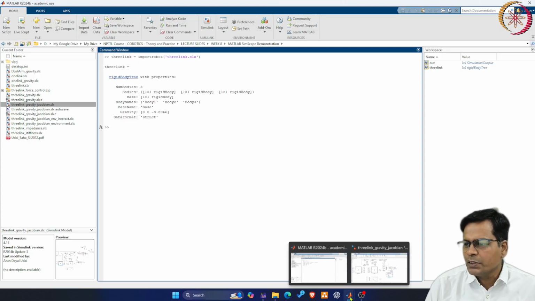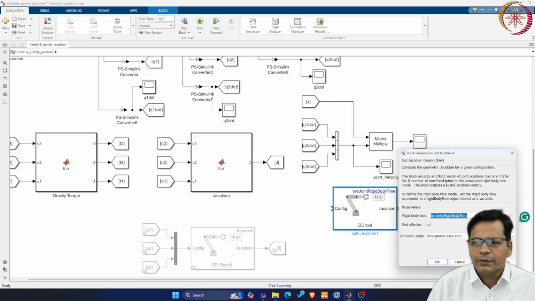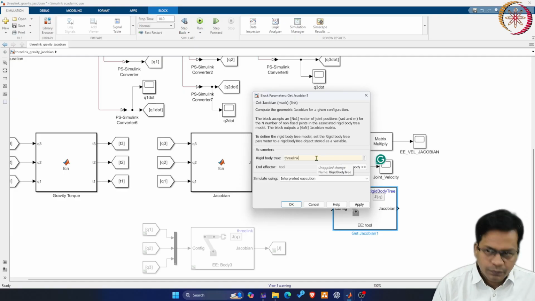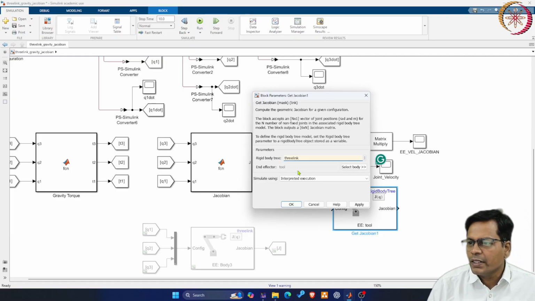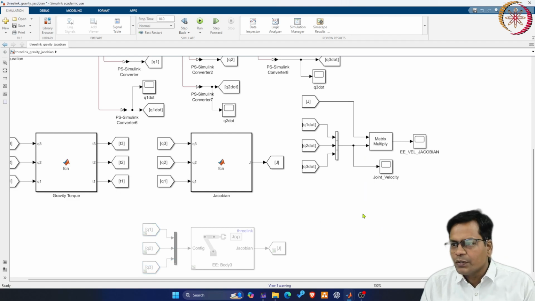So that has to be included here. So when you do it here, you write three-link here, and this becomes complete. So now it can take in the configuration as you have taken it in your Jacobian. Okay, this is how it is used.